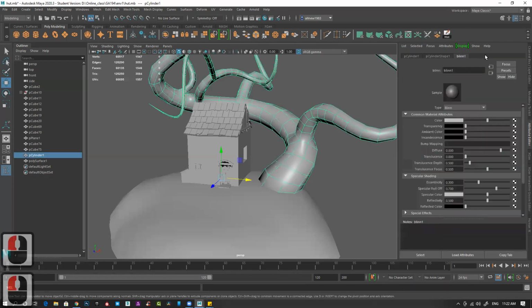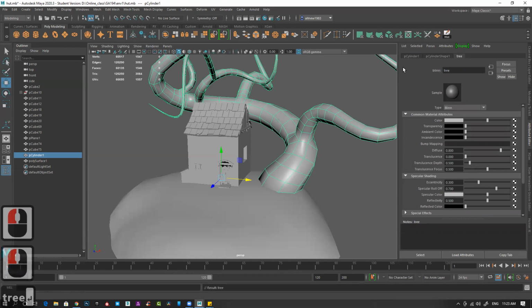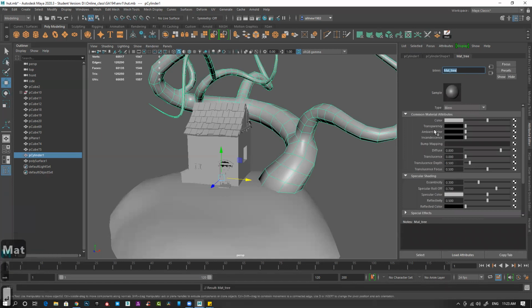Select this. Now you can see Blinn. If you want, you can name it cream, or maybe matte underscore cream, right? You can name it nicely. And once you create this material, you have all these attributes where you can modify the material. And Maya materials are really powerful. At production level, they can create all kinds of things.